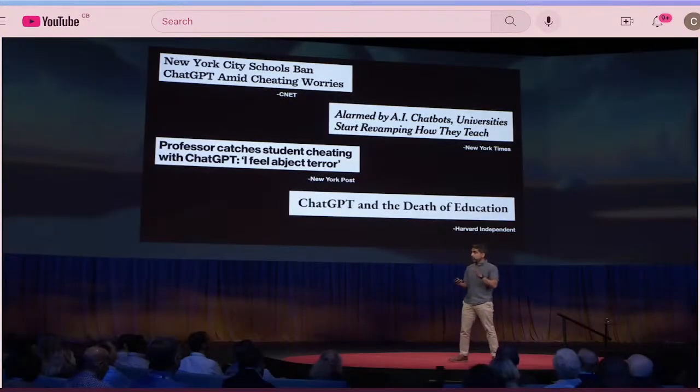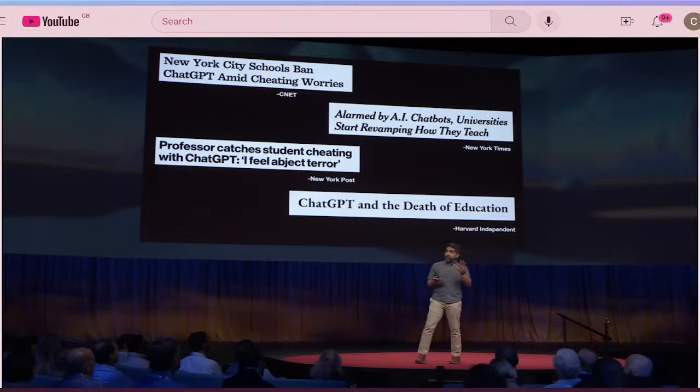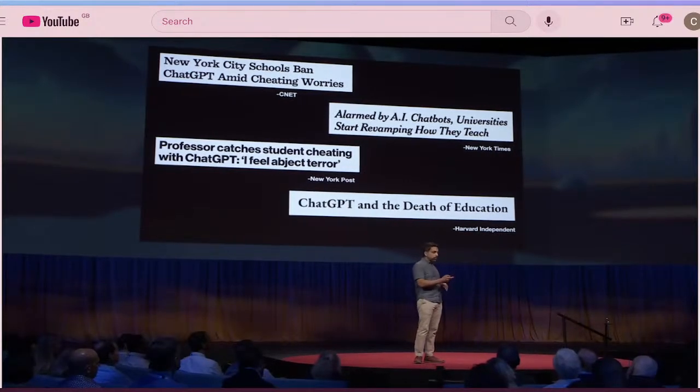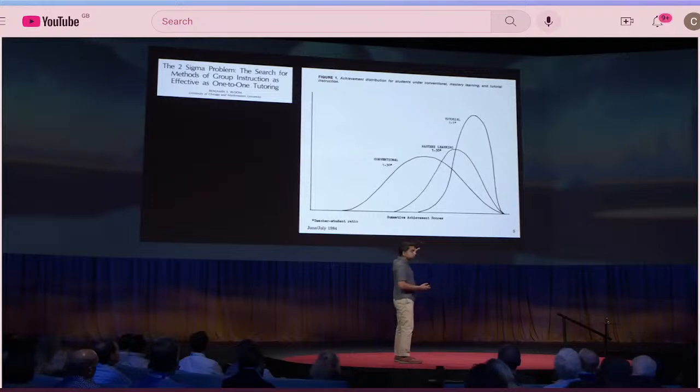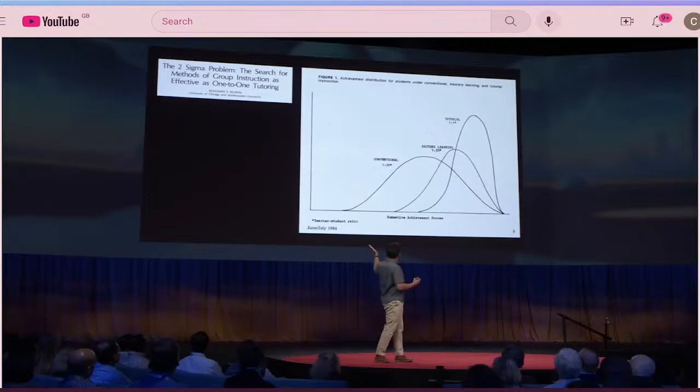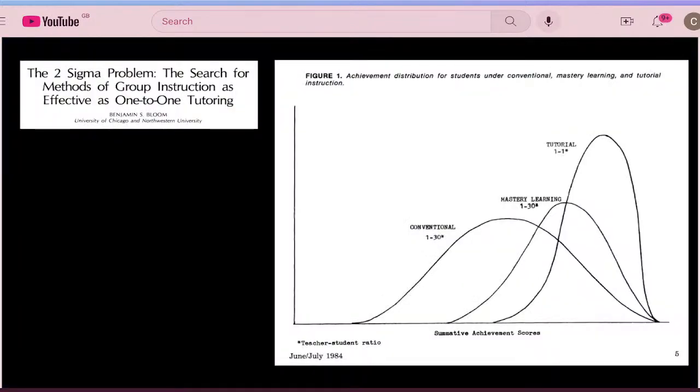And just to appreciate how big of a deal it would be to give everyone a personal tutor, I show you this clip from Benjamin Bloom's 1984 Two Sigma study, or he called it the Two Sigma problem. The Two Sigma comes from two standard deviations, sigma the symbol for standard deviation. And he had good data that showed that, look, in a normal distribution, that's the one that you see in the traditional bell curve right in the middle,